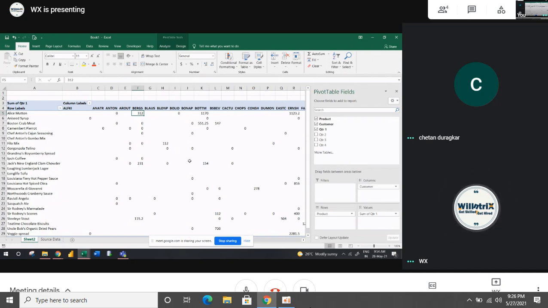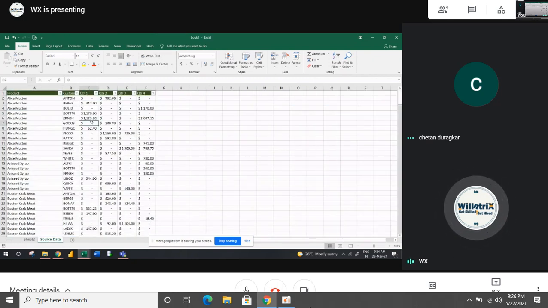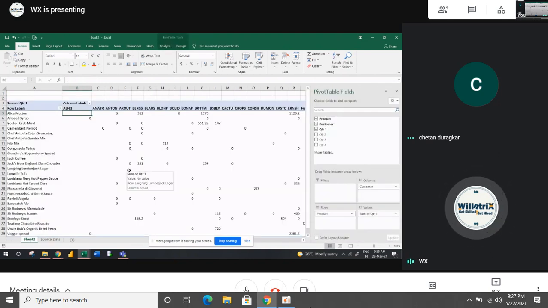We were doing SUMIFS. You remember, guys? We apply the SUMIFS formula, right? First the sum range: I take quarter one as the sum range. Then criteria range one is product, and in that product I am looking for Alice Mutton. Then customer, in that customer I am looking for Anton. Alice Mutton with the Anton combination. So how we do SUMIFS in Excel, we can do by using a pivot table also. Understood? If anybody asks, without using SUMIFS, can you sum on different criteria or combinations? Yes, we can do it by using a pivot table. Understood?